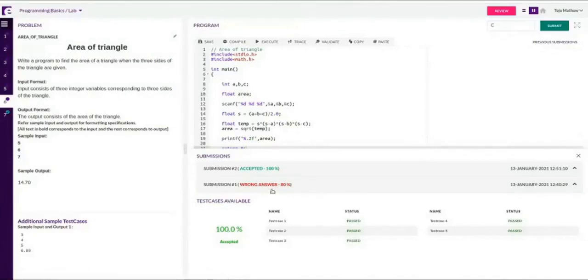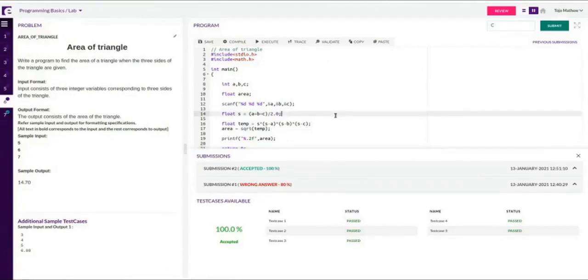Now, somebody will ask, say, first I'm getting 80%, 50%, then 60%, finally I'm getting 100%. Will my marks be affected for this program? It doesn't affect. How many times you are validating or submitting will not affect your program. What is your final score you are getting? That is going to decide your final mark for this program.